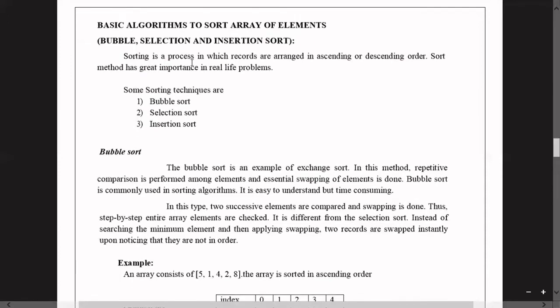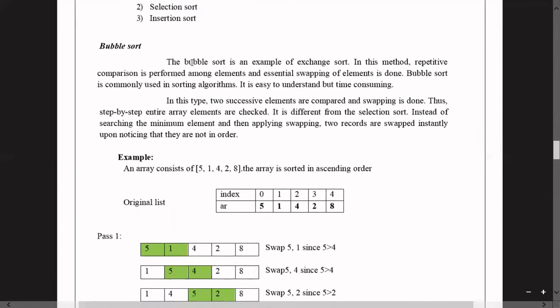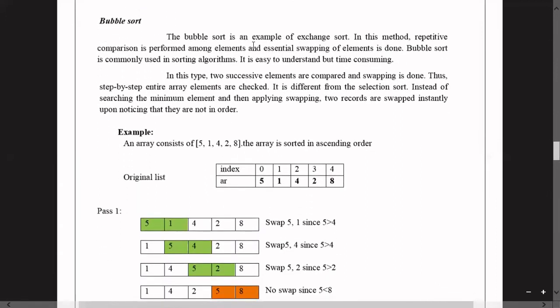First, we go with the bubble sort. What is bubble sort? The bubble sort is an example of exchange sort. Exchange sort is a synonym for bubble sort, so you can think of them as similar. In this method, repetitive comparisons are performed among elements and essential swapping of elements is done.